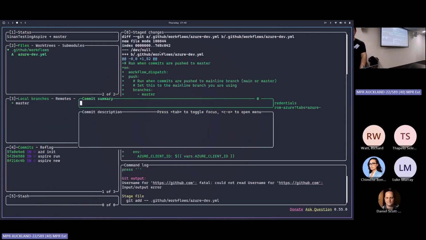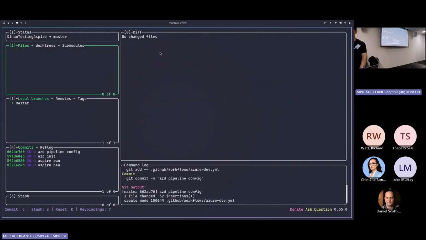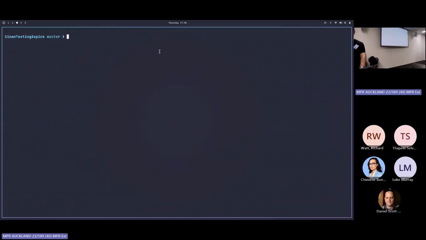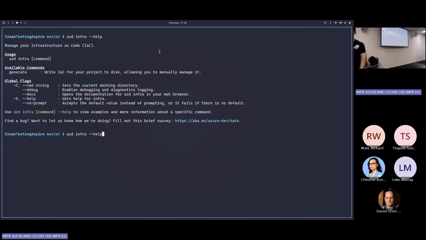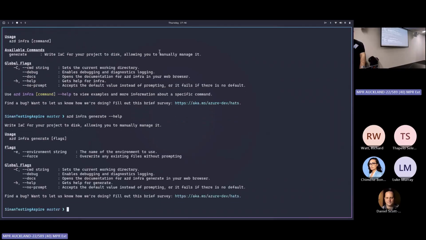So what did we do here? AZD pipeline config. Next, we're going to create infrastructure as code with AZD infra. When we look, there's only one command, and that is generate. And we're just going to give an environment flag. Actually, that's what we need. So if we do the environment flag and run testing Aspire,